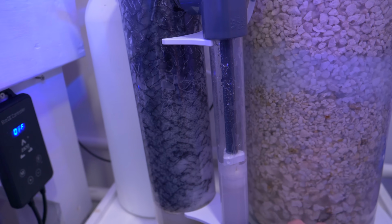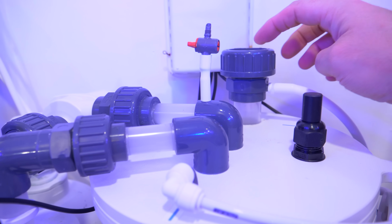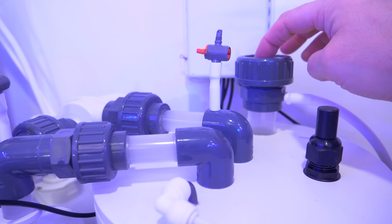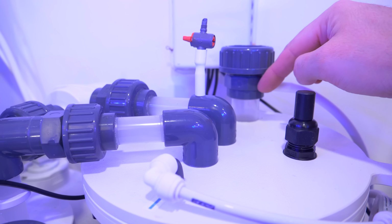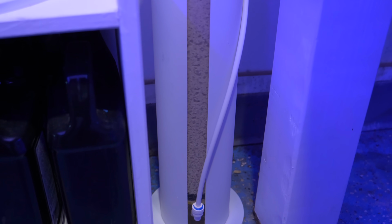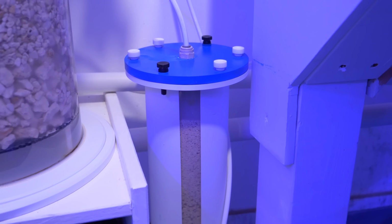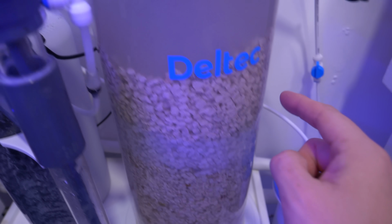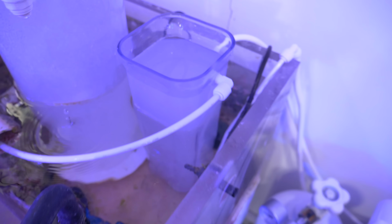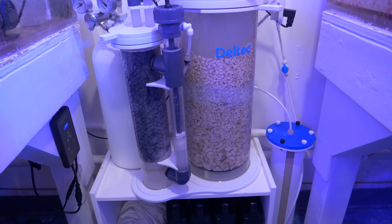And then as this entire thing fills up, it goes to the highest point right here. It's kind of like a little neck, a little tower pipe right here that you can take off and add media. And then this goes down into my DIY secondary chamber, which we topped off with fine sand. And then that comes out the top and goes into our degassing chamber. And you'll notice everything's a little bit cloudy because it's still cycling through, and it'll clear up within the next